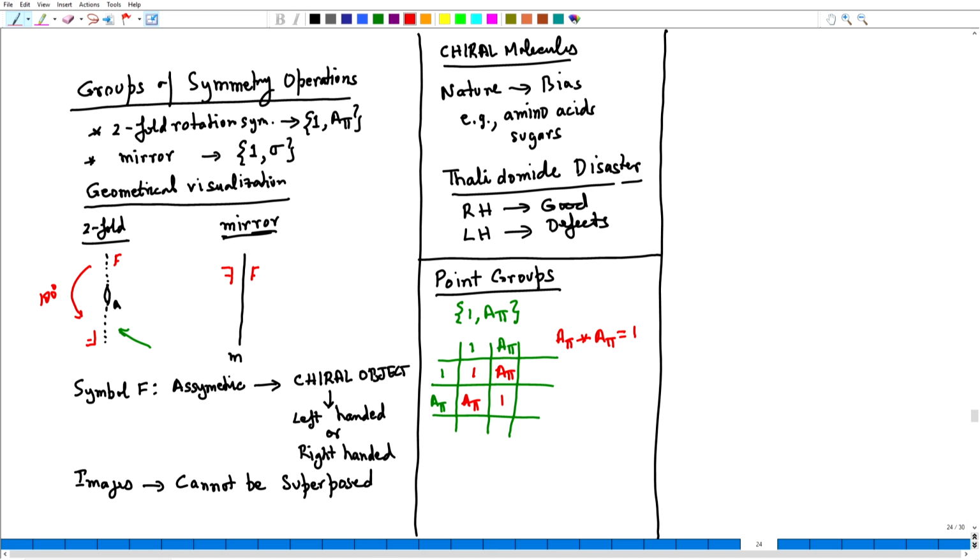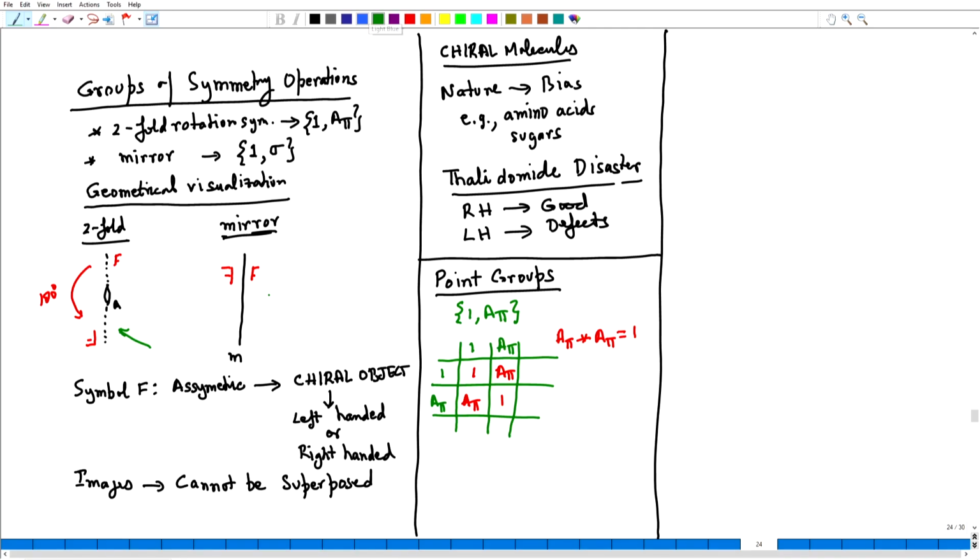Now, so here what is the combination rule here? Here the elements are actually operations. So, the first element here A pi, 180 degree rotation, followed by another 180 degree rotation. What is the final result? The final result is a 360 degree rotation, which is basically nothing but the identity operation. So, this is the rule. We will later on see that we can replace all of this by matrices, and then our combination rule would be multiplication of matrices.